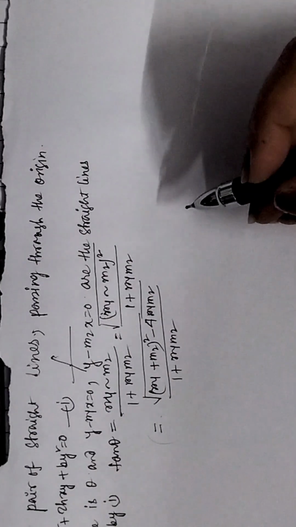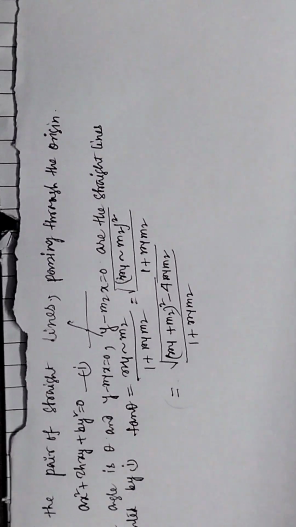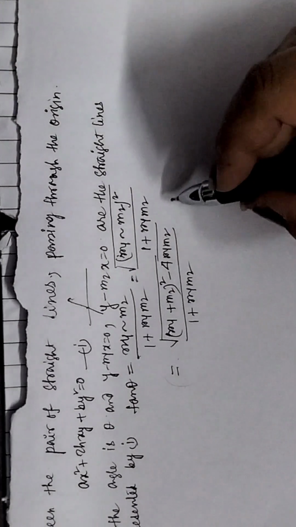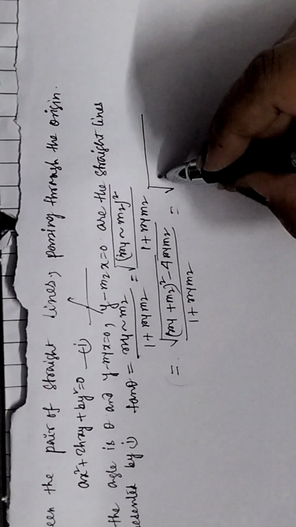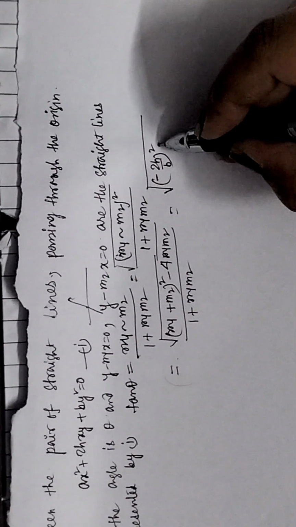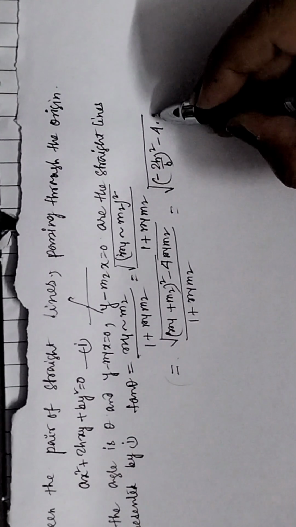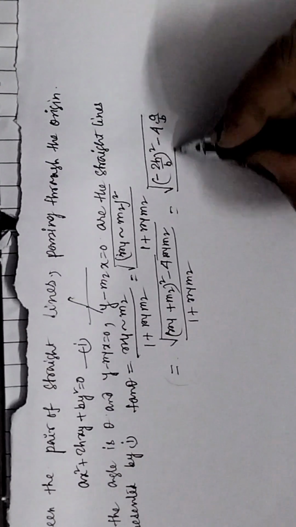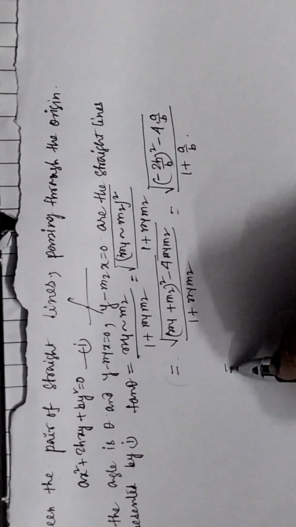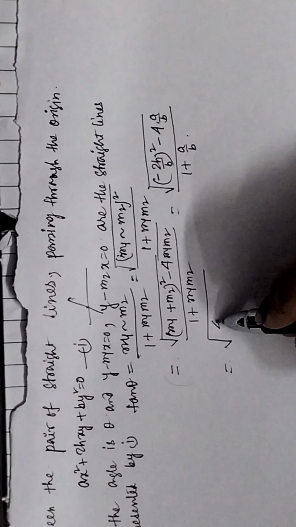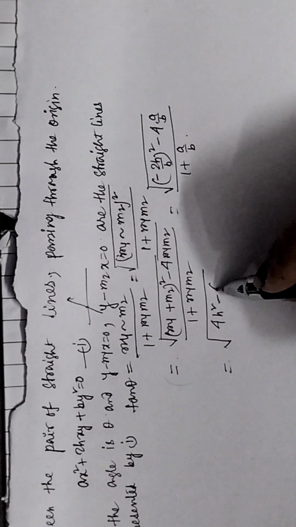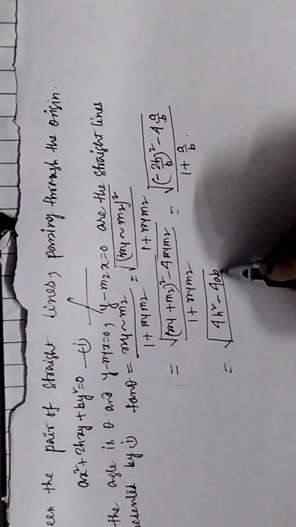So let's replace this. Let's write it as root over minus 2h by b square minus 4 into a by b by 1 plus a by b. Now after simplification we will get root over 4h square minus 4ab by